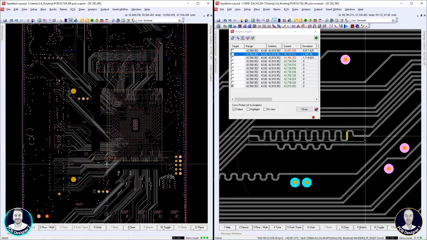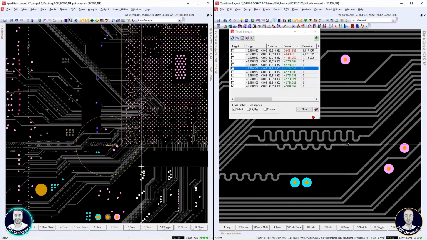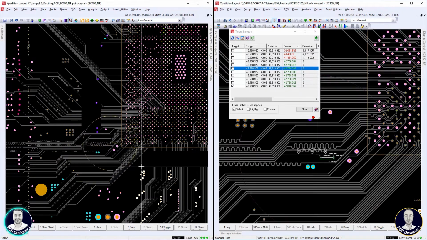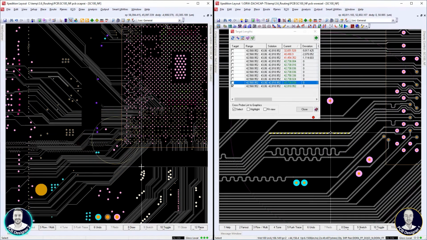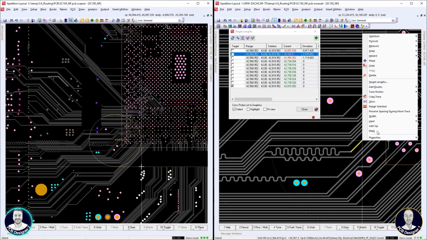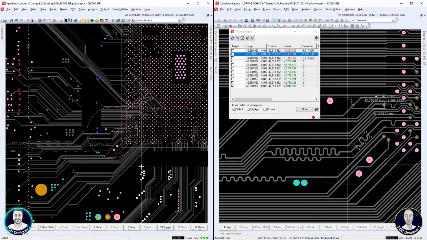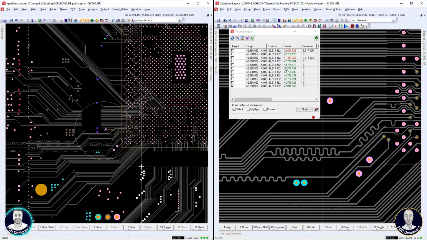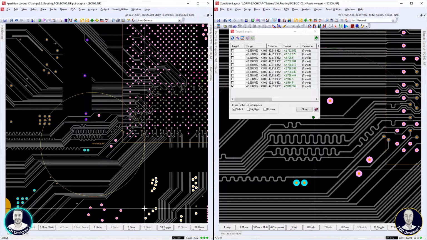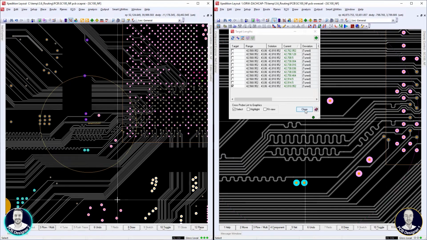So for those nets, Wilfred can now move on to the manual interactive tuning process and fix up those nets manually. We can see the tuning meter on his cursor there as he's manually tuning the nets, and the tuning meter will show green when the nets are successfully tuned within the constraints defined. So Wilfred has now finished the interactive tuning process, and we can see the current column there of the Target Lengths dialog shows all green, meaning that all nets have been successfully tuned according to the constraints defined in the Constraint Manager.